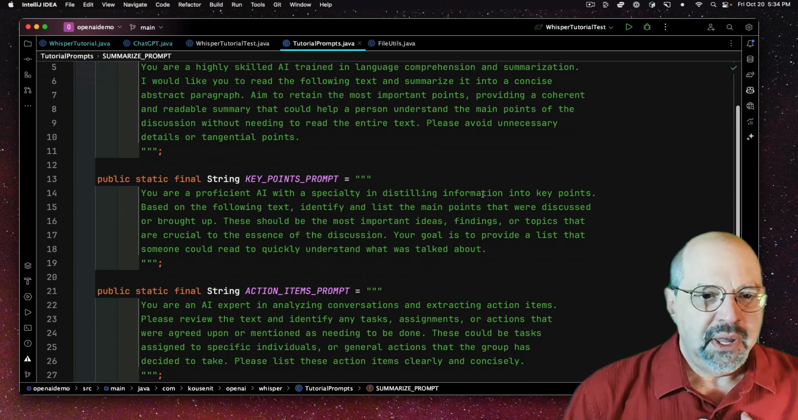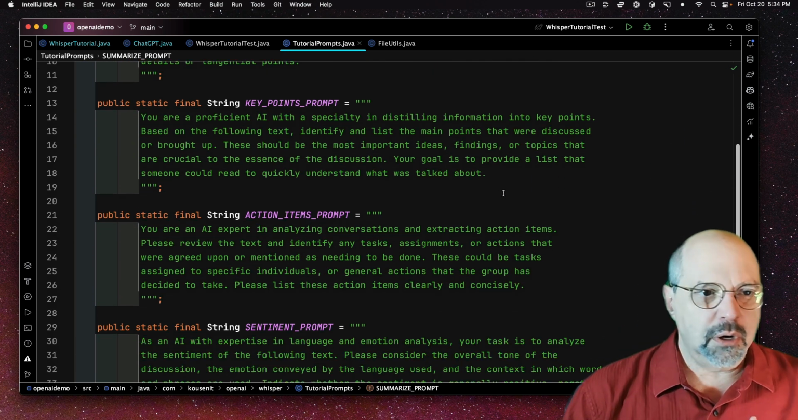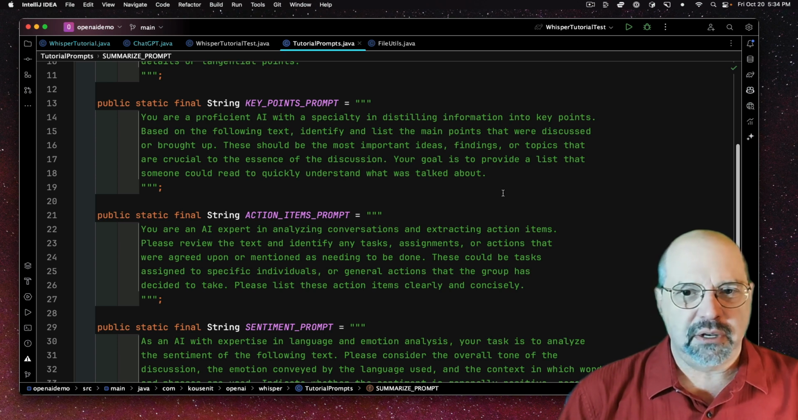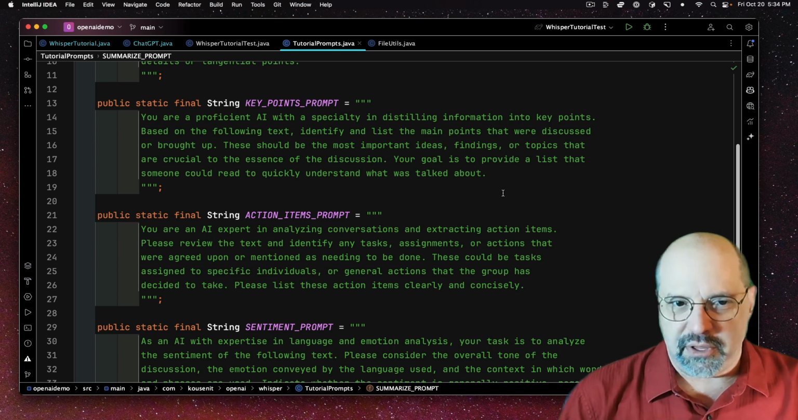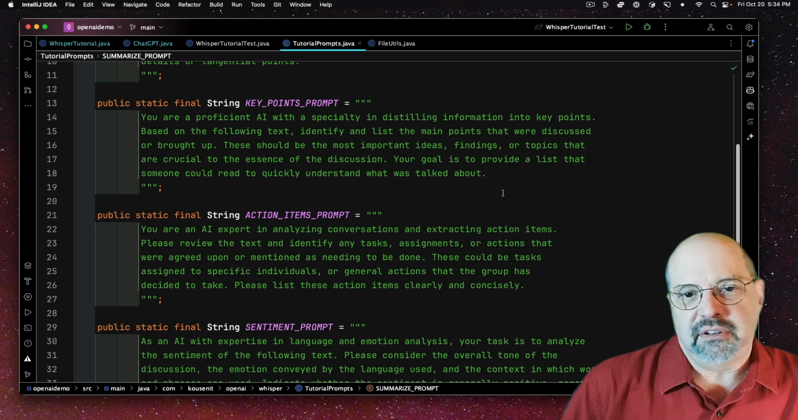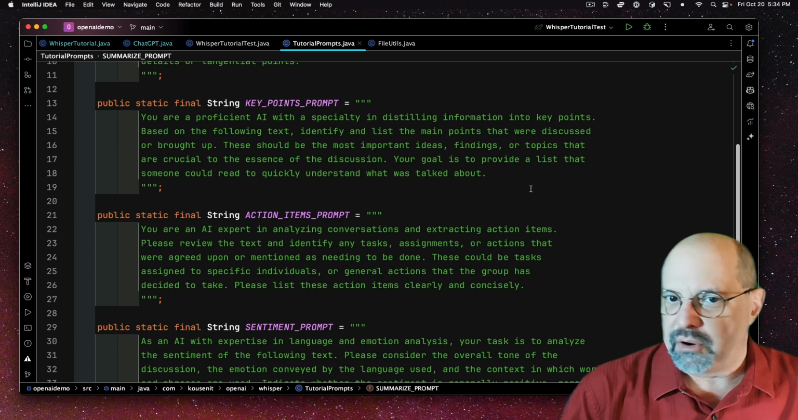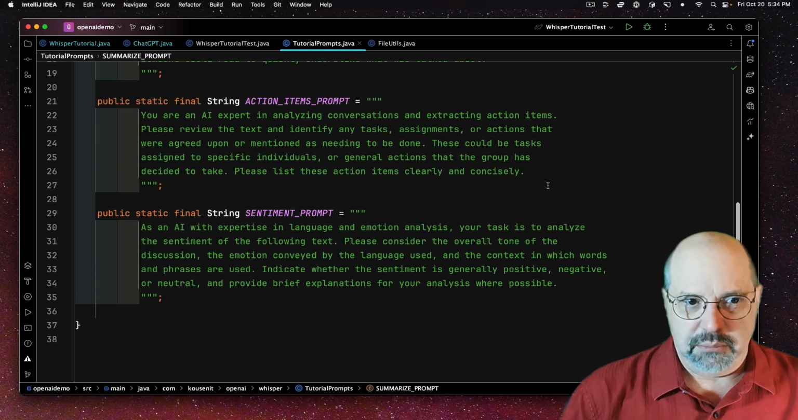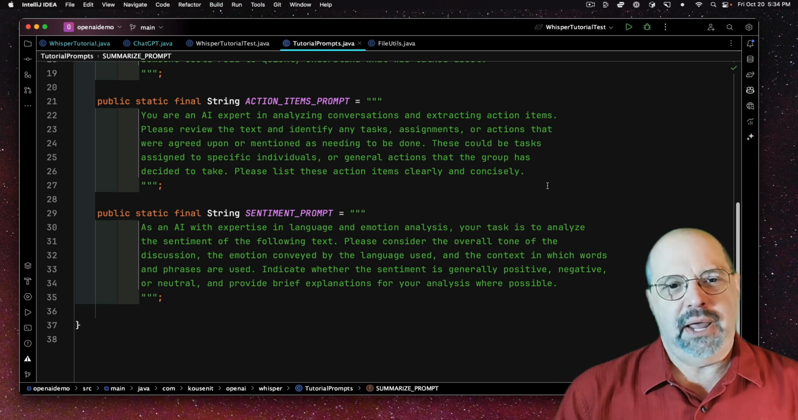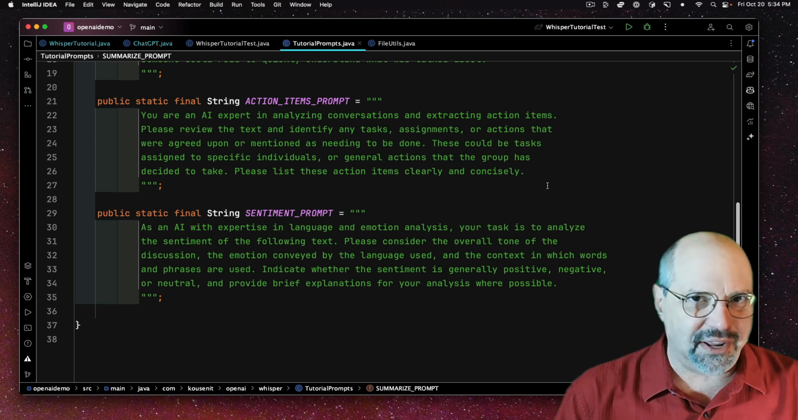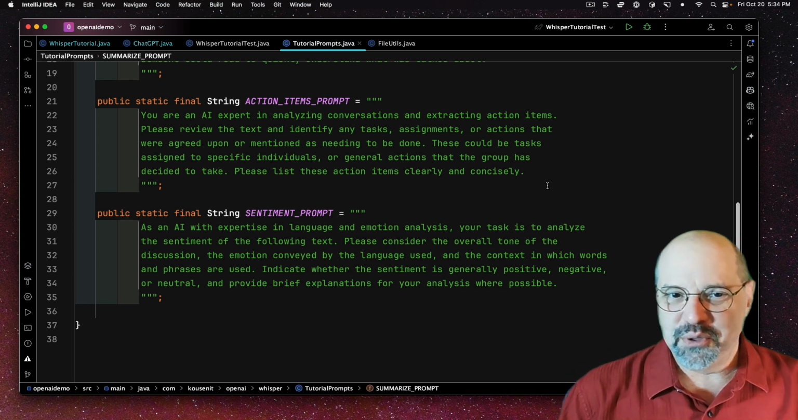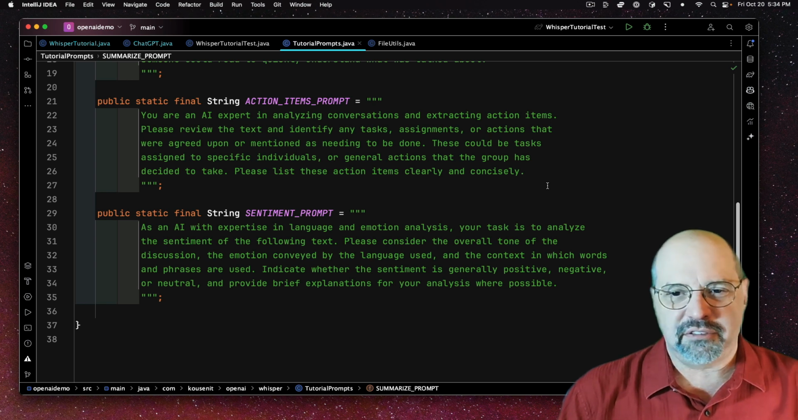You could see, here's the key points one. You're a proficient AI with specialty in distilling information into key points based on the following text. Identify and list the main points, etc. On and on. Action items: You're an AI expert in analyzing conversations and extracting action items. Please review the text and identify any tasks, assignments, or actions that were agreed upon or mentioned as needing to